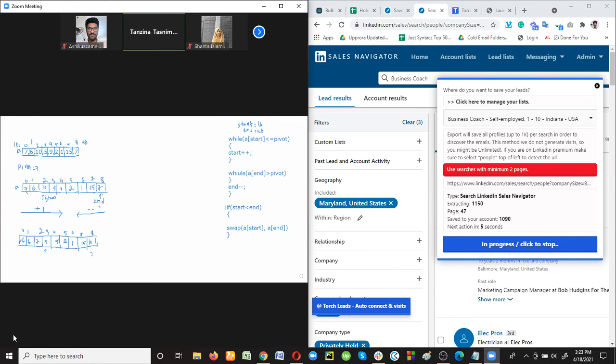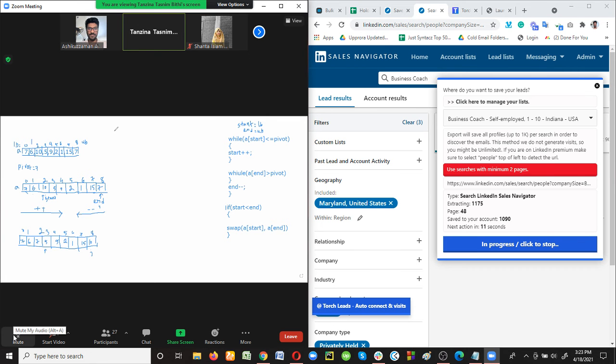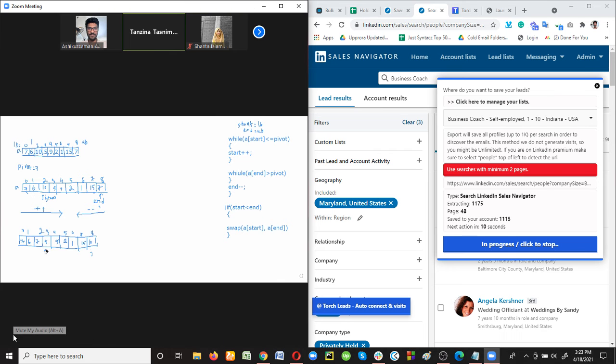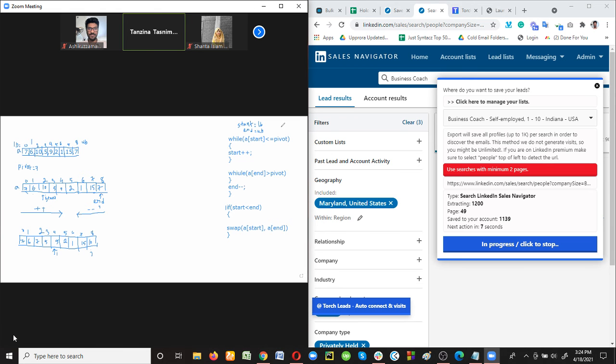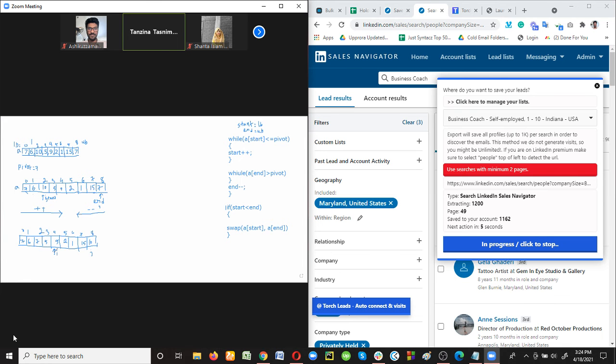Is it less than the pivot element? Yes. That means again incrementation, so the value of I will be incremented. Now the new value of I is 4. Here A[I] equals 9. Is it less than 7? No. So if this condition is not true, we will not increase the value of I. Is it clear? So now this 4 is the place of this pointer, start or I.